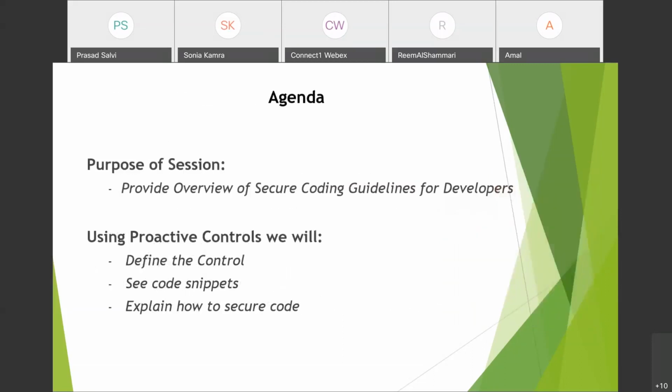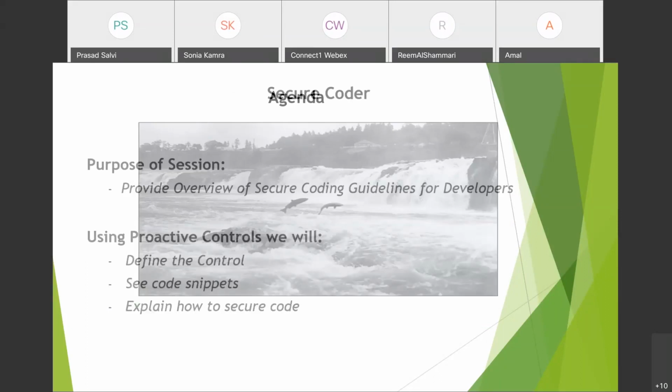So the agenda for today's session is to provide an overview of secure coding guidelines for developers. Using the OWASP proactive controls, we will first define the control, then see a few code snippets, the unsafe and the safe ones. And of course, we will see how to secure our code. So to start off,